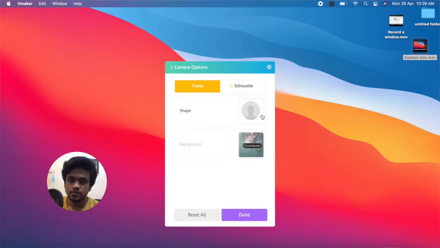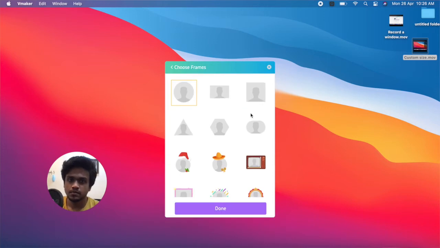Alright, that was a quick walkthrough of how you can start recording your screen. Now let's take a look at some of the cool features that will come very handy if you start making screen recording videos. Let's go with my favorite first, the frames feature. The idea behind frames is to add a filter and enhance the webcam view.